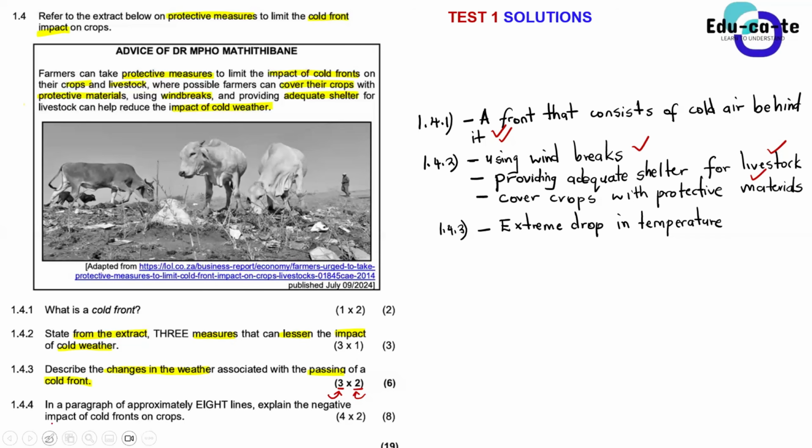Trev, finish up your answer. It is because the cold air is approaching, say. Yes, because there's cold air. Because there's cold air behind the cold front. So there's an extreme drop in temperature due to the cold air behind the cold front. So this is due to the cold air behind the cold front.